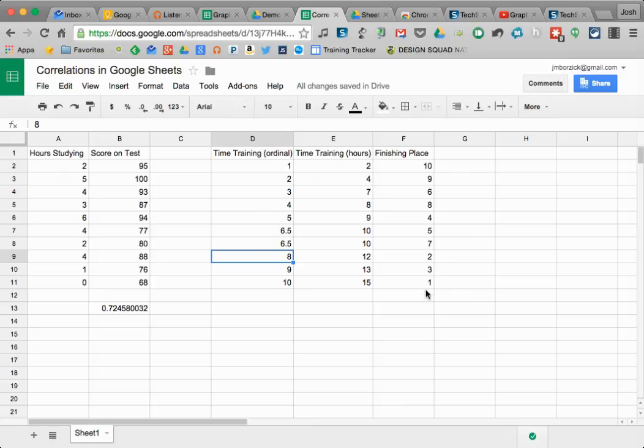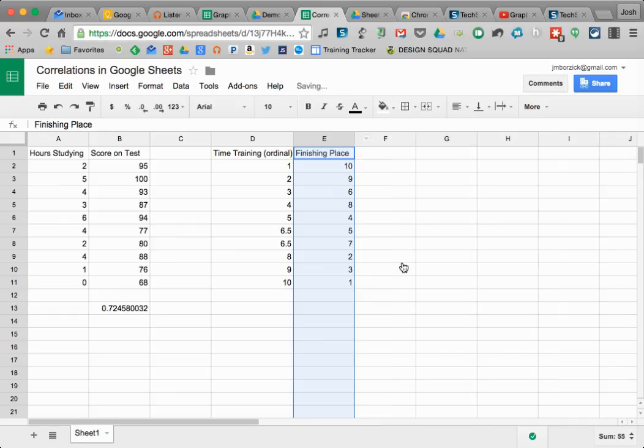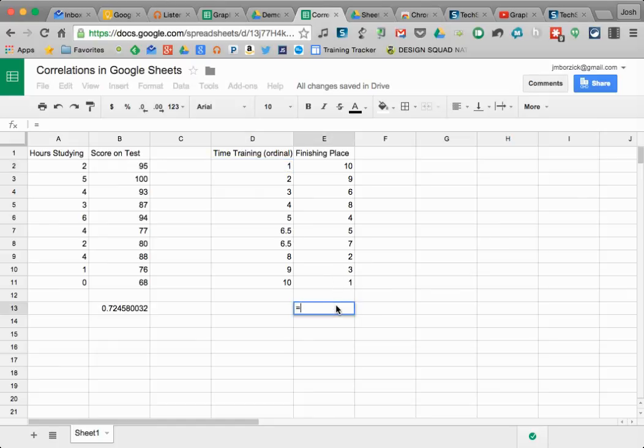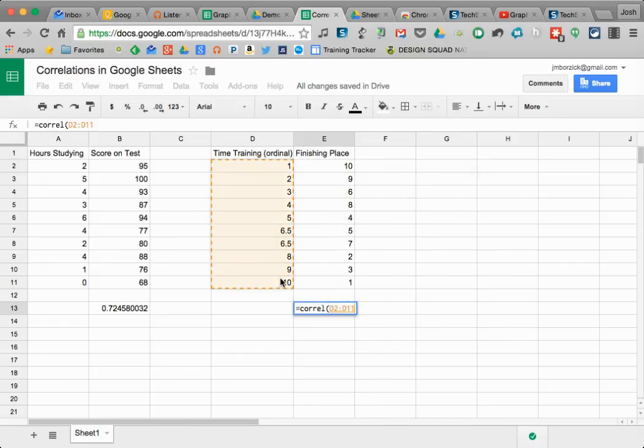Now once I've done this, I now have my time training ordinal. I've got my finishing place in ordinal. My time training in hours is now irrelevant. I can go ahead and just delete this column of data. These two columns are now what I want to use to calculate my correlation. To do that, I'm going to click equals, correlation, open parentheses, highlight my first column, comma, highlight my second column, close parentheses, and I have my negative correlation